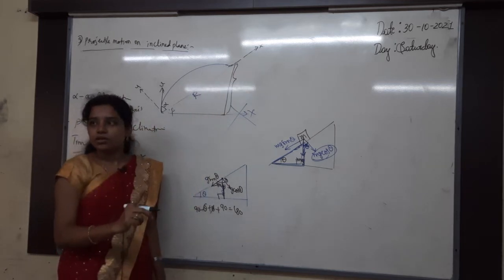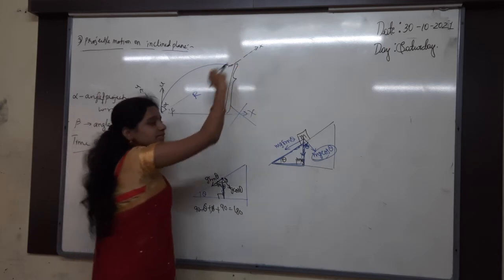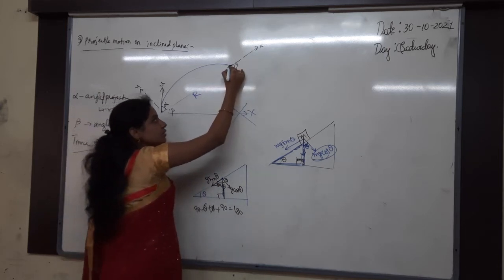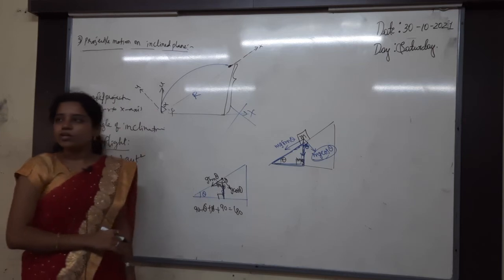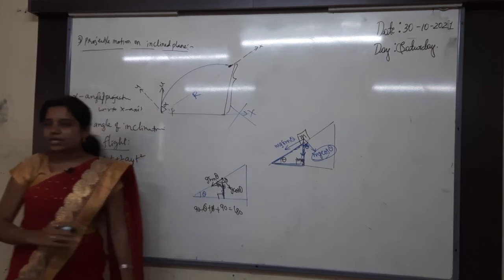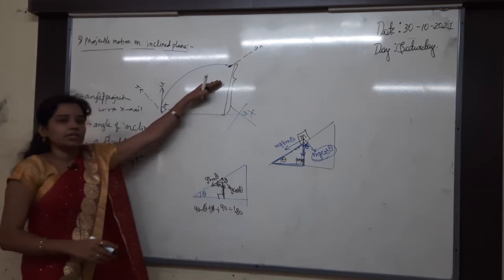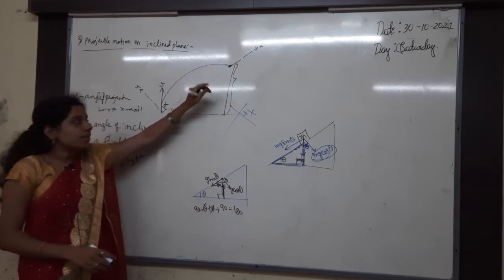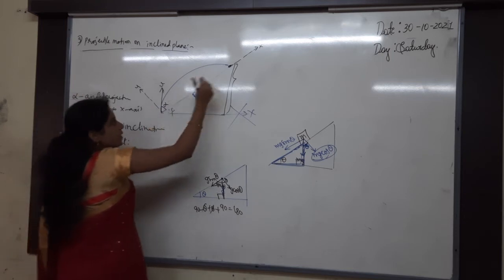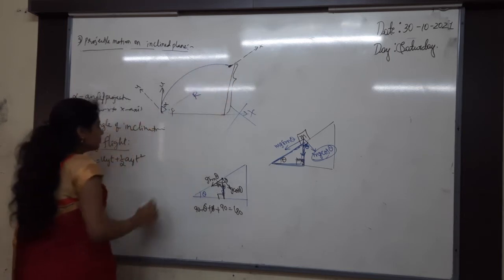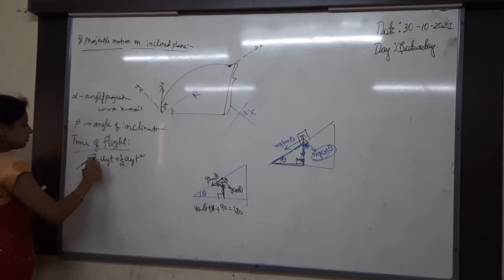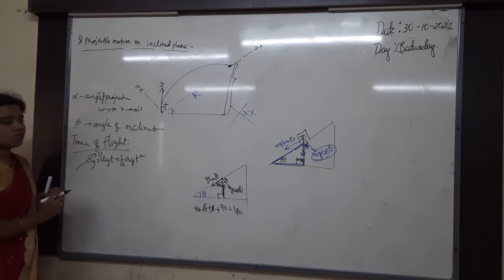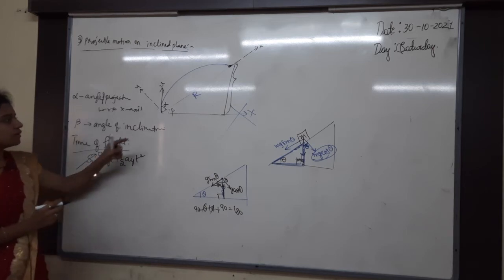That's very wrong. What I said, I am taking this one as the x-axis. On the x-axis, what is the value of y? The value of y is 0. You just consider that this is the horizontal direction only. Everything is horizontal. This one is the horizontal direction you consider. Okay, so now after landing on the inclined plane, y is equal to how much? 0. Now what is uy?